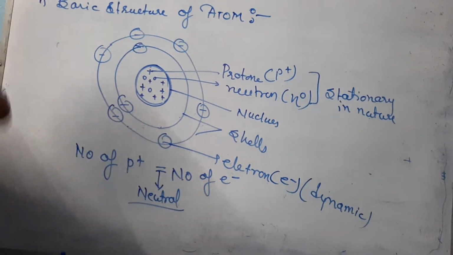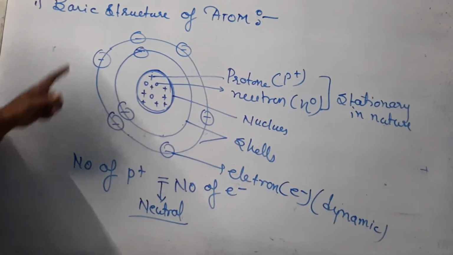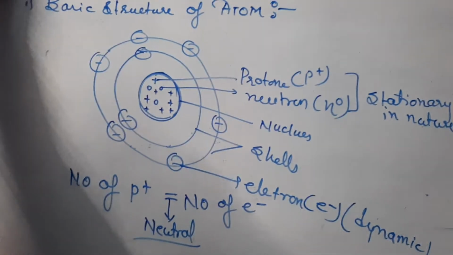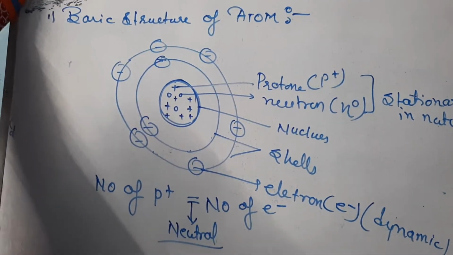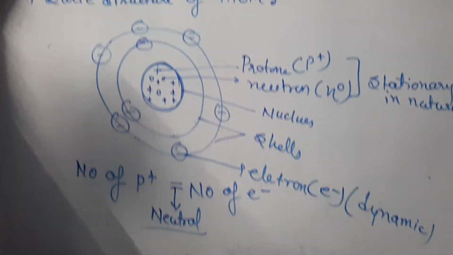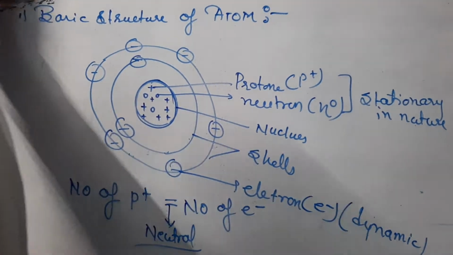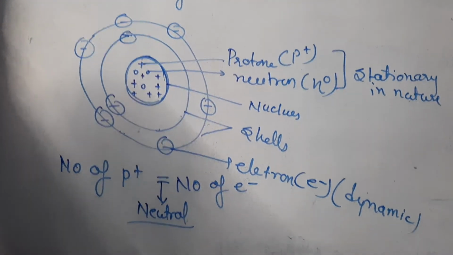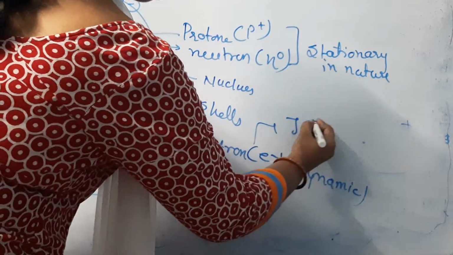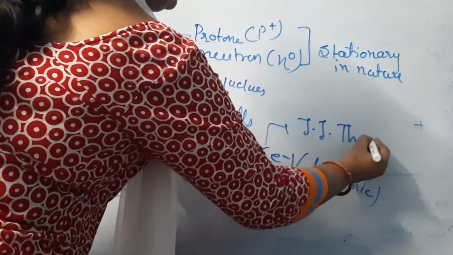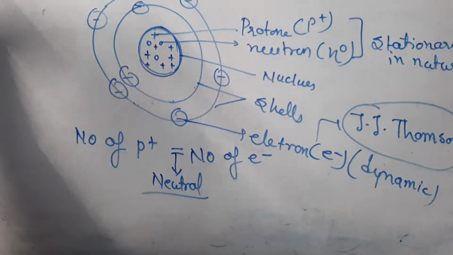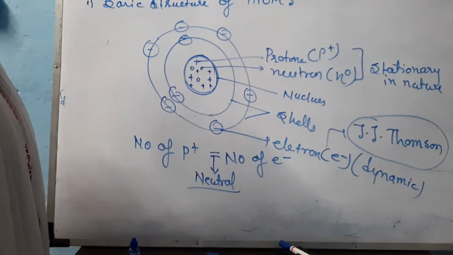Okay, now one more thing, beta: who discovered each and every part of the atom? How can we confirm it? Who are the scientists who gave us this very important information about chemistry? First of all, who discovered the electron? इलेक्ट्रॉन को किसने डिस्कवर किया? J. Thomson. Name of the scientist is J. थॉमसन.